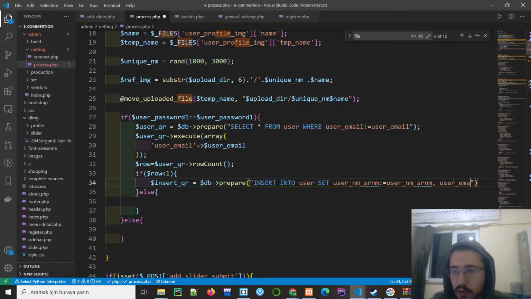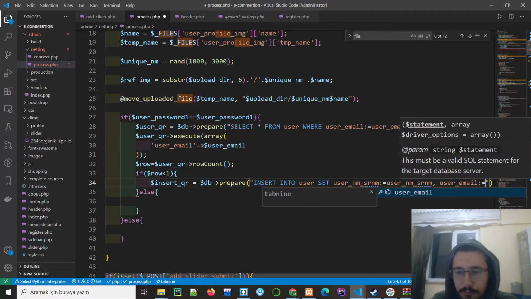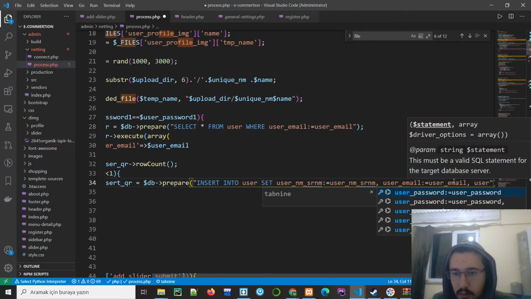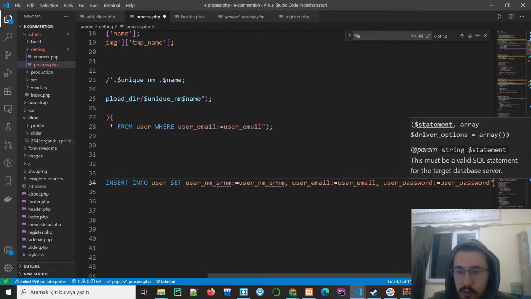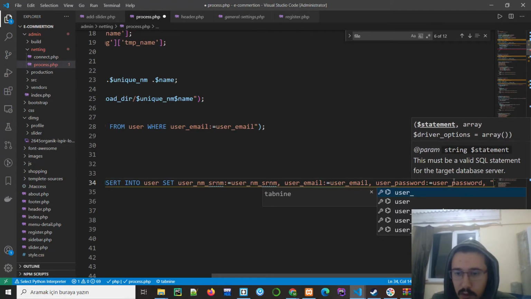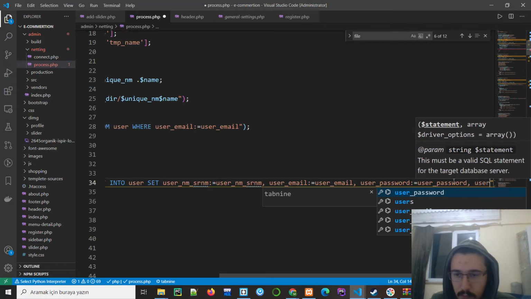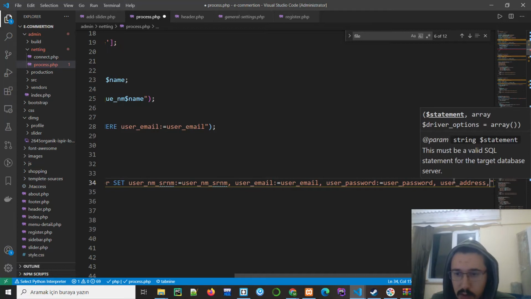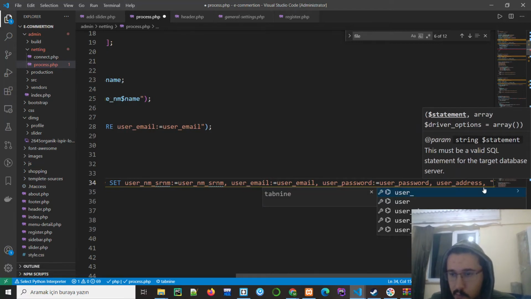Also, we will use user email as user name, then user password as user password, then user address as user address,